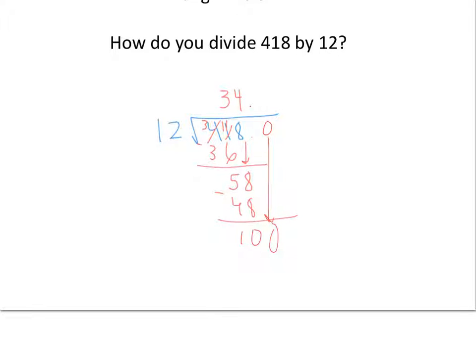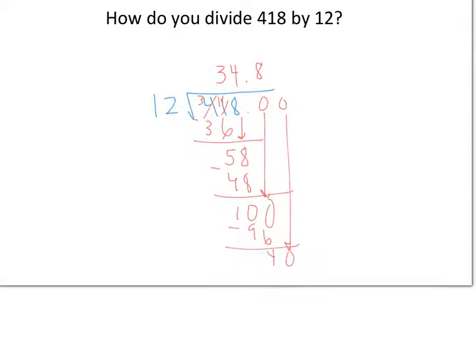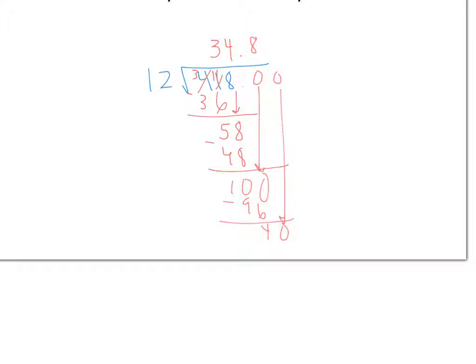12 goes into 100 how many times? Goes in there 8 times. 12 times 8 is 96, and I subtract. 100 minus 96 is 4. Bring down another 0. 12 goes into 40 how many times? It goes in there 3 times. 12 times 3 is 36. Subtract, 4. Ooh, if I have to bring down another 0, I'll get 40 again, and so this process will